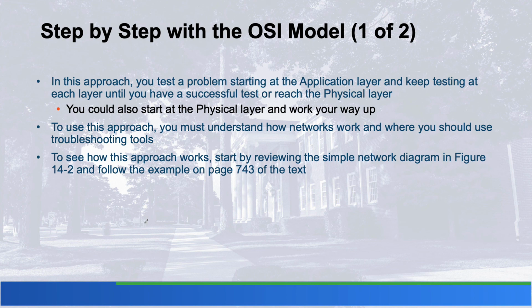The last method is the step-by-step with the OSI model. In this approach, you test the problem starting at the application layer and keep testing each layer until you successfully test and reach the physical layer. Typically with this method, I start at the physical layer. I don't start at the application layer, but whatever way that you feel comfortable with,